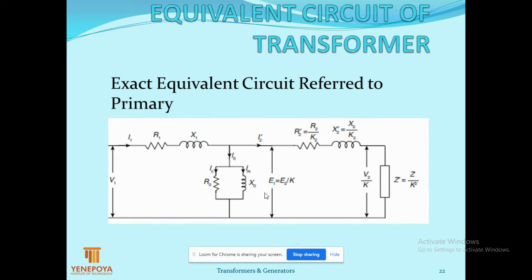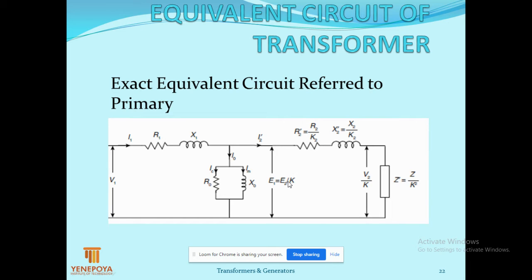In the equivalent circuit referred to primary, only the primary winding remains and the secondary winding is removed. The primary part remains: R1, X1, I1, V1, R0, X0, IC, IM, I0 and I2 dash. Here E1 remains E1, and E1 is equal to E2 dash into K. And here is R2 dash. Since you are bringing the secondary to the primary, R2 becomes R2 dash, X2 becomes X2 dash, I2 becomes I2 dash,